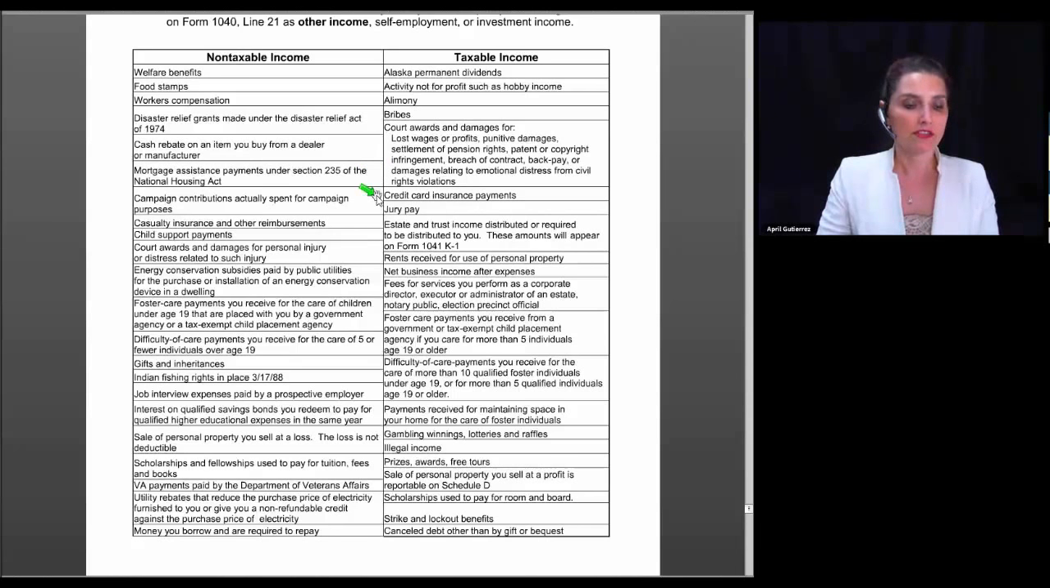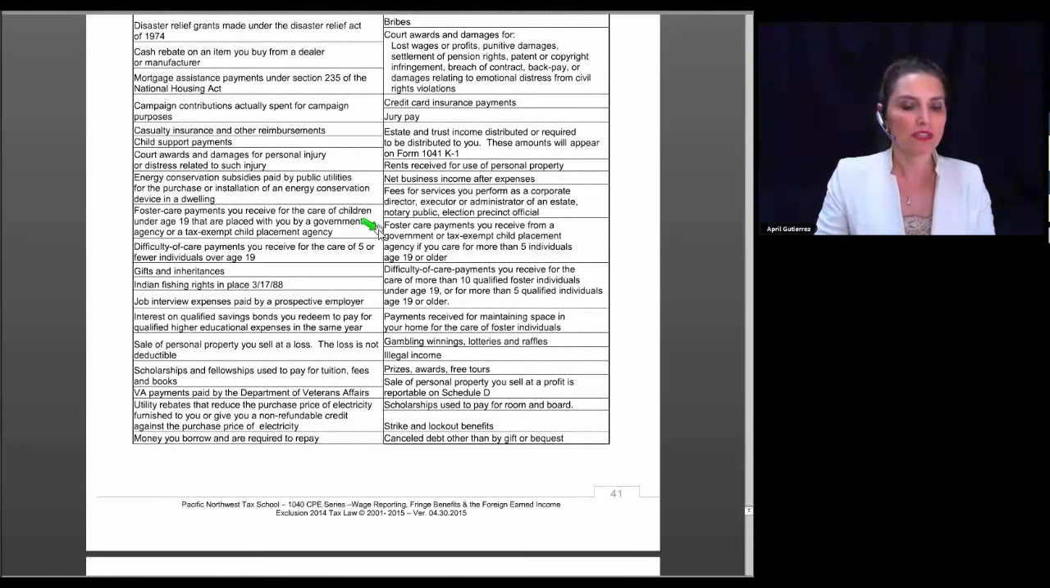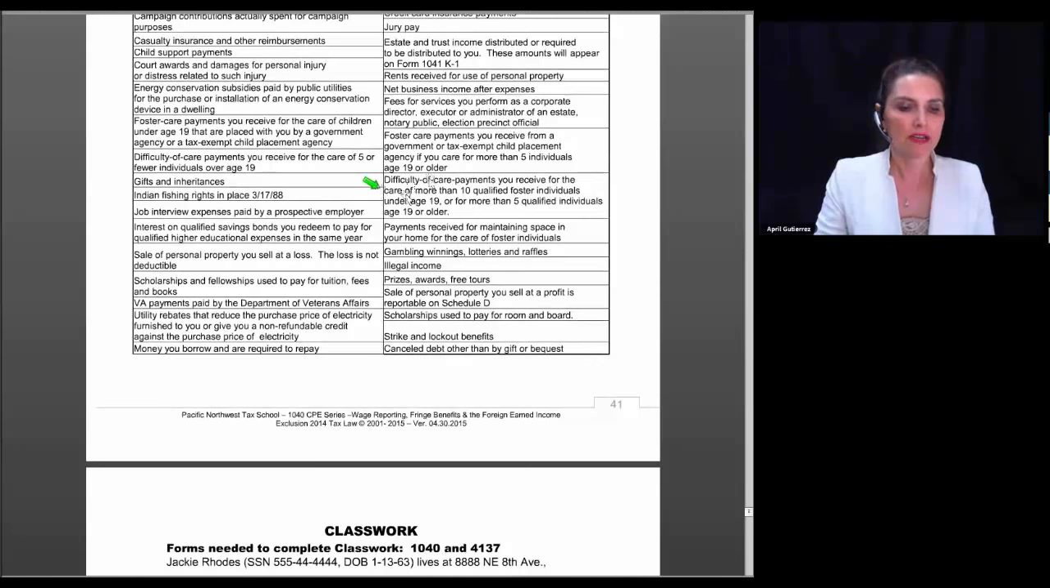Other taxable items include credit card insurance payments, jury pay, estate and trust income that is distributed to you and is reported on a K-1, rents received for use of personal property, net business income after expenses, fees for services you perform as a corporate director, foster care payments you receive from a government or tax-exempt child placement agency if you care for more than 5 individuals age 19 or older, difficulty of care payments you receive for the care